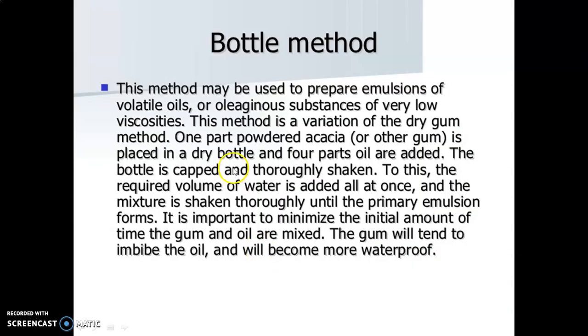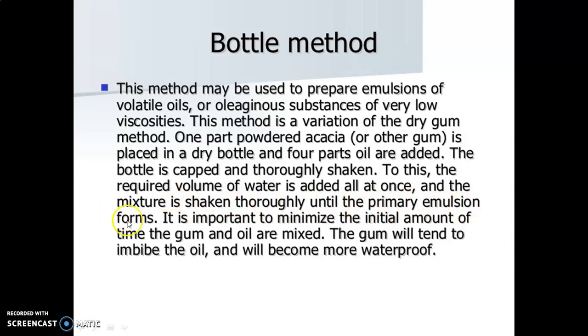The third one is the bottle method. This method may be used to prepare emulsions of volatile oils or oleaginous substances of very low viscosities. This method is a variation of the dry gum method. 1 part powdered acacia or other gum is placed in a dry bottle and 4 parts oil are added. The bottle is capped and thoroughly shaken. To this, the required volume of water is added all at once and the mixture is shaken thoroughly until the